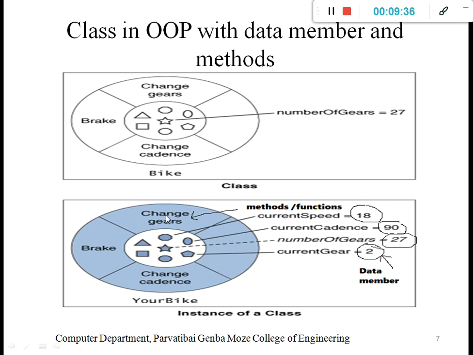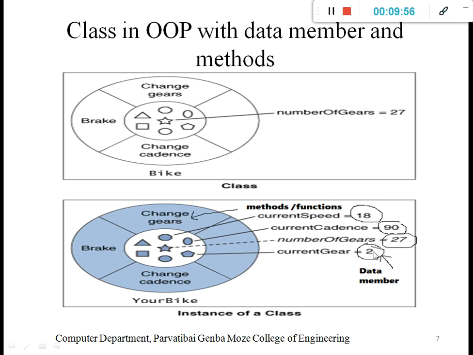Then the operations are changing the gear and braking, which are the functions under your bike. These are the methods or functions of your bike.